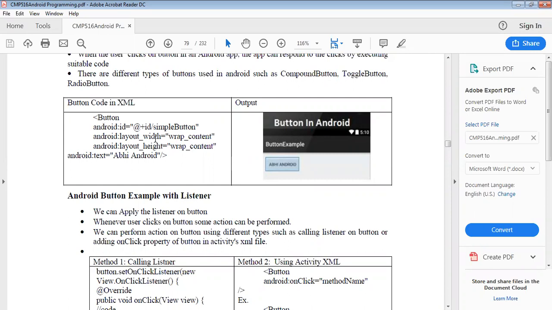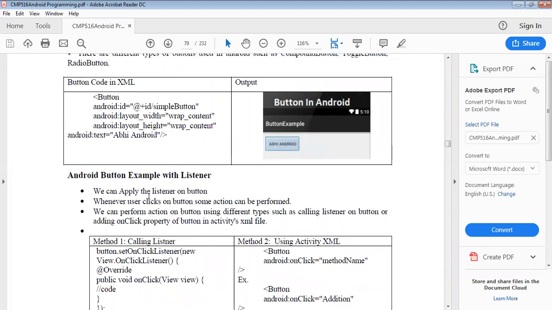Next, the android:layout_width will be wrap_content and the android:layout_height will be wrap_content. After that, the android:text will be Abhi Android, and that message is displayed here in our Android button example with some listeners.